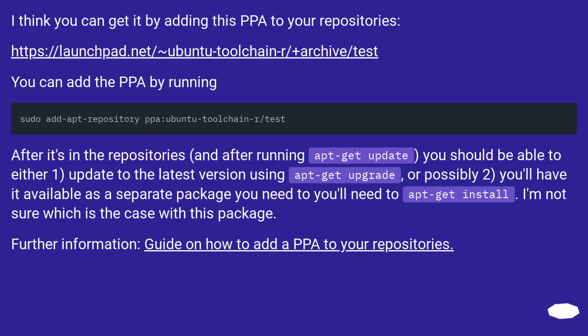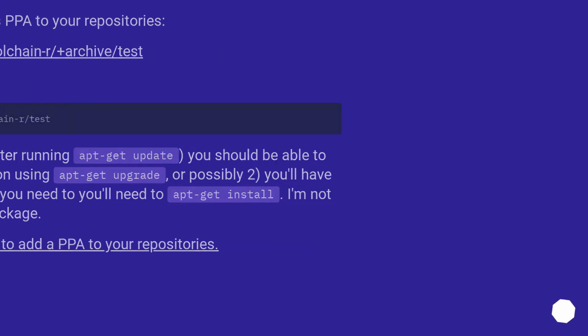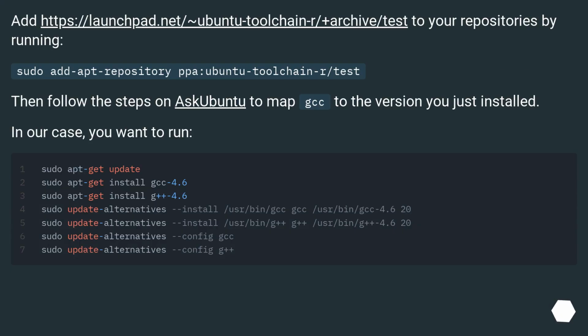Further information, guide on how to add a PPA to your repositories. Add this URL to your repositories by running sudo add-apt-repository ppa:ubuntu-toolchain-r/test. Then follow the steps on Ubuntu to map GCC to the version you just installed. In our case, you want to run